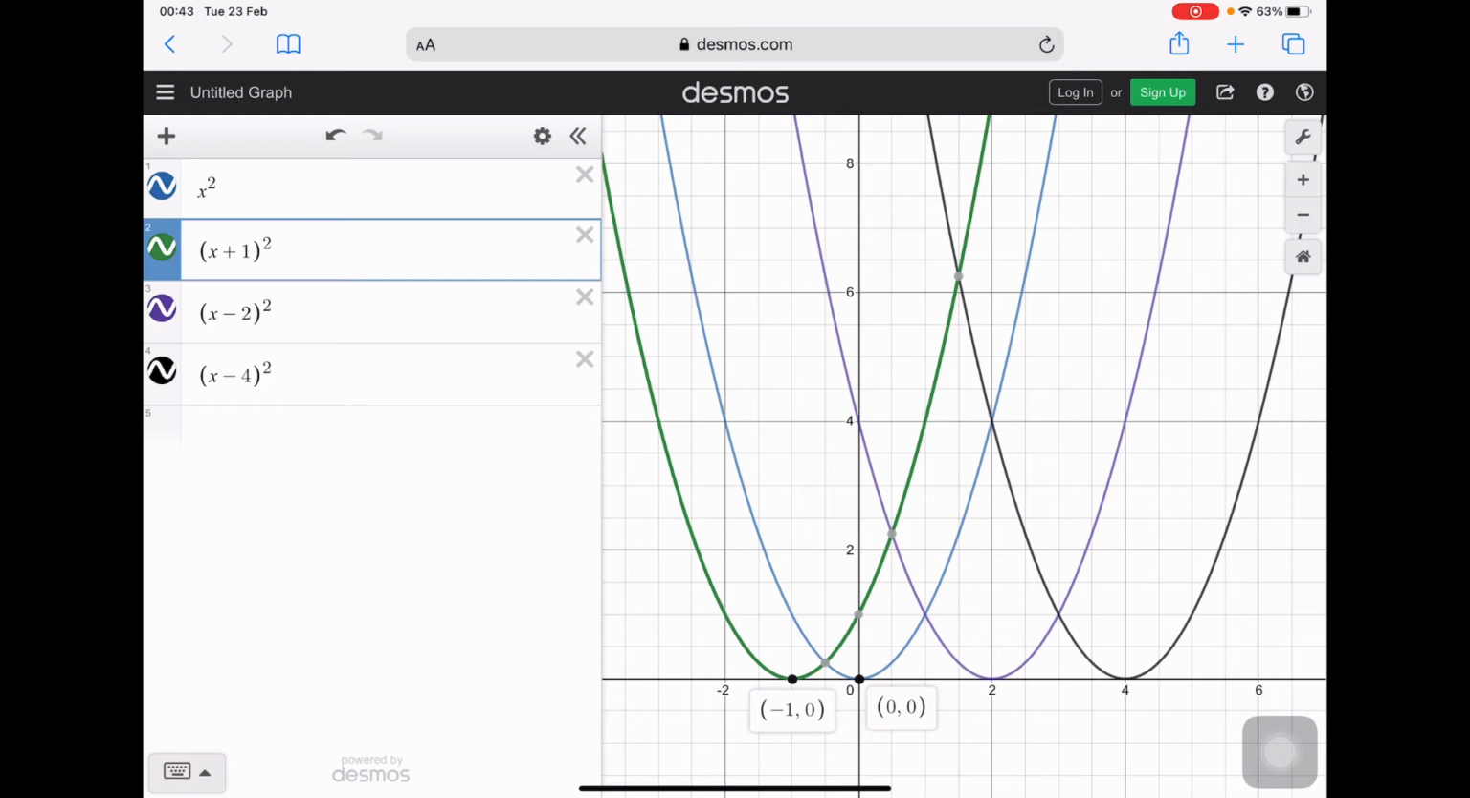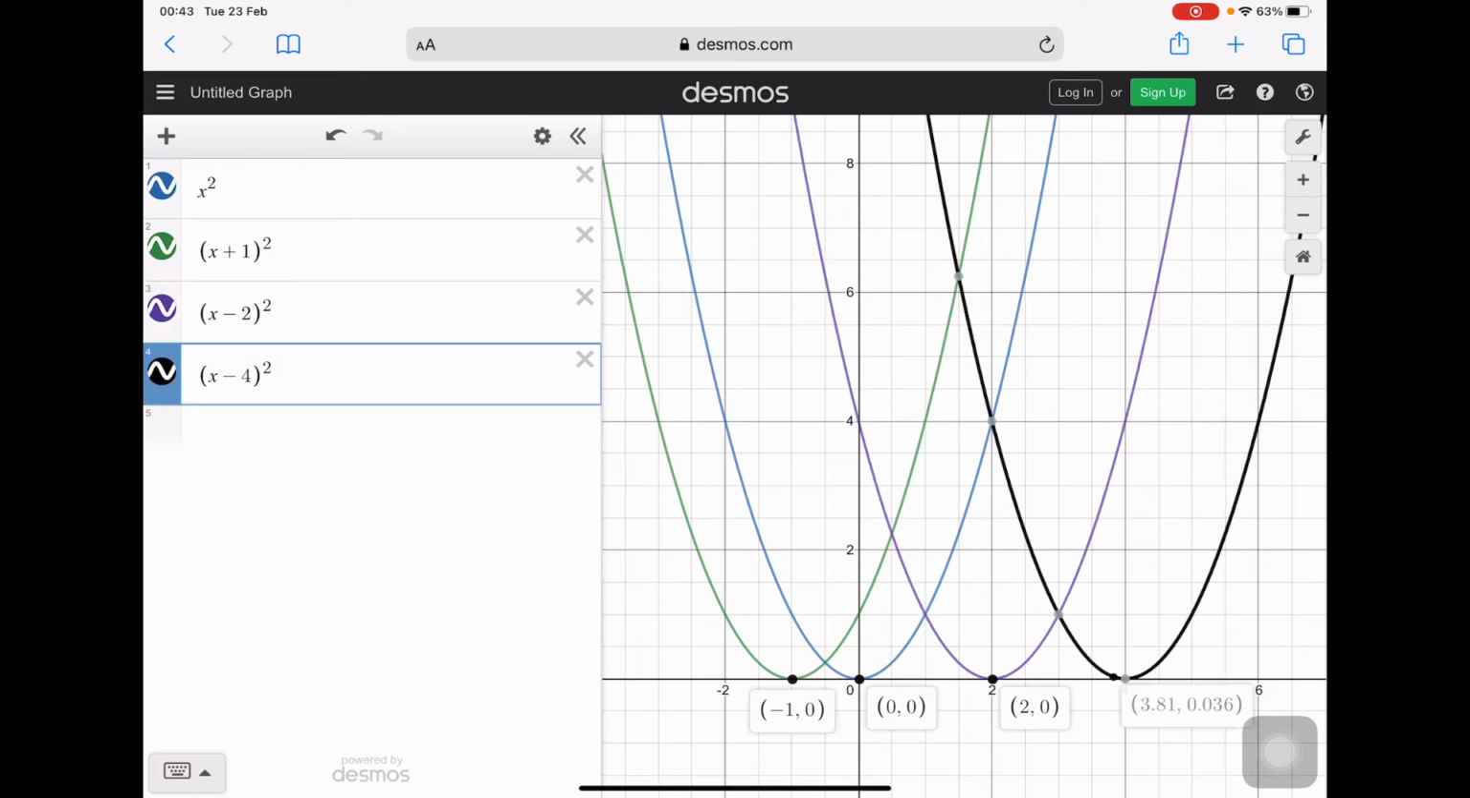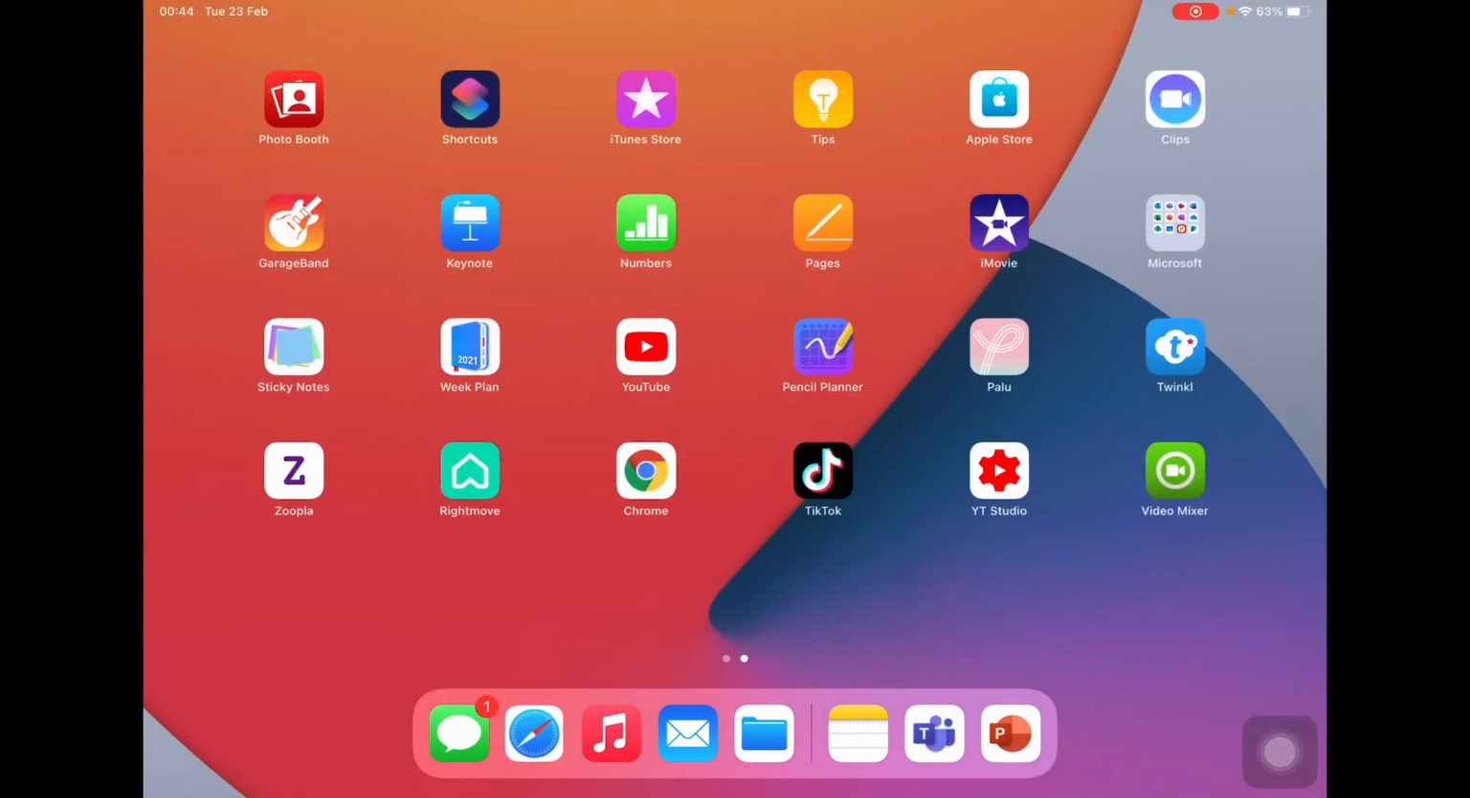(x take away 2) squared, so the repeated root will be at x equals 2, of course. And so when we see that negative sign, so x take away 2, the quadratic graph is being shifted 2 places to the right. And (x take away 4) squared, the x squared will be shifted 4 spaces to the right, because (x take away 4) squared, of course, means the root will be at x equals 4. So going back to our slides,